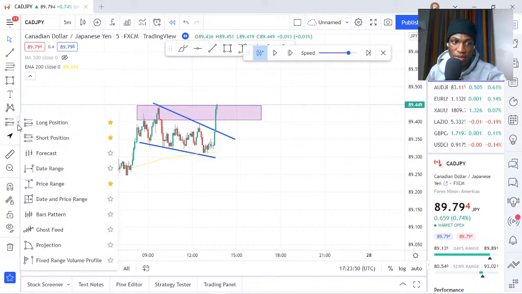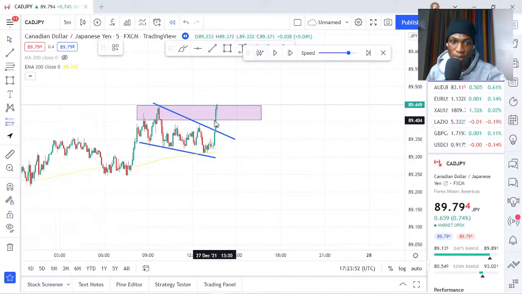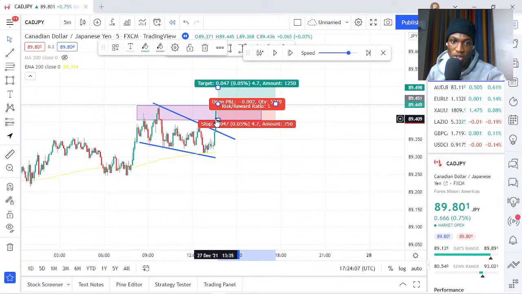What has happened? It broke out from the resistance, which was difficult for it to break out from, and closed. Remember, the market tried, tested, couldn't break out, and now it has broken out. It has also broken out from this zone, so I can decide to hop on a long position right there and set my stop loss at